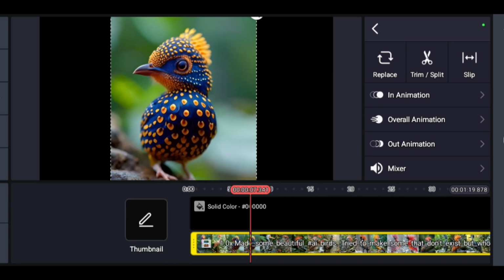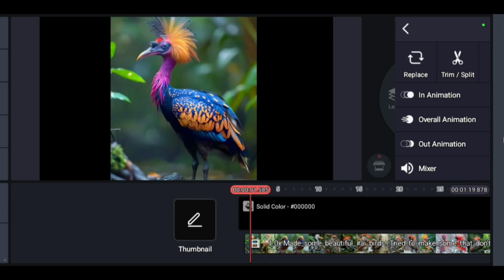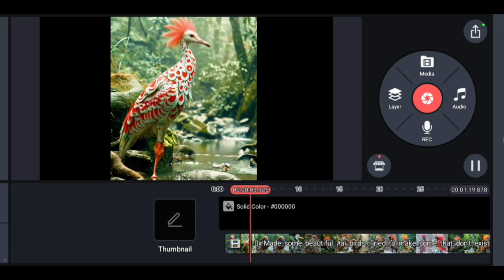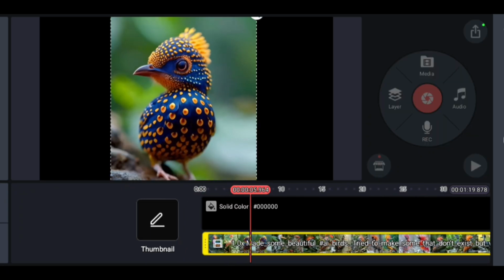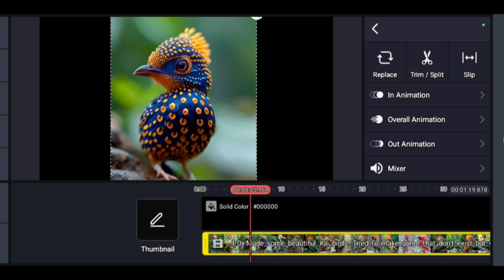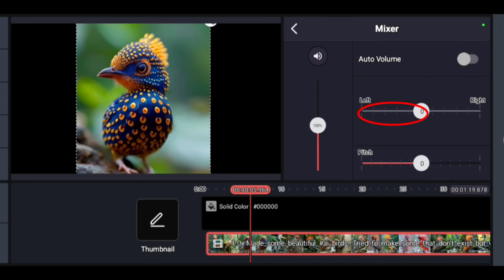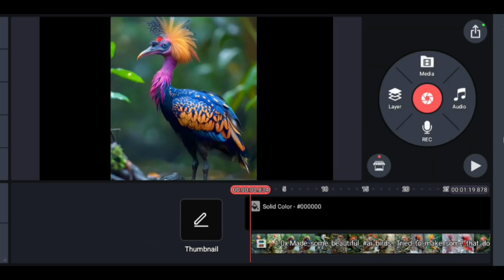Now if I play it, it plays with its original sound. So I can change its sound. How can I change its sound? I can go to this mixer. From the mixer you can increase its pitch, its left, and its volume. For example, I just want to minimize the original volume, so I will bring it to 0, and I want to add my own